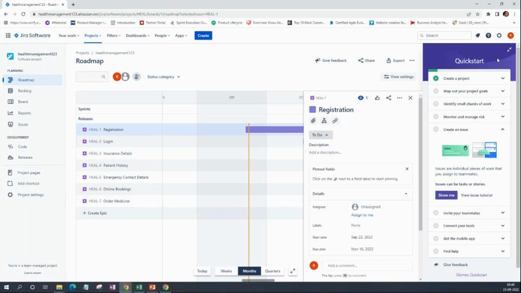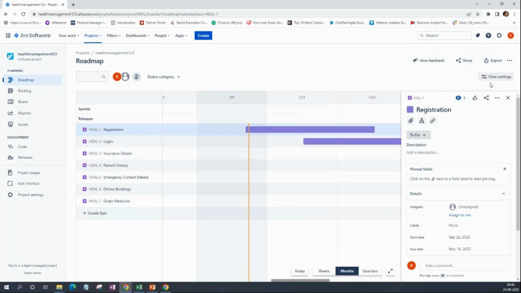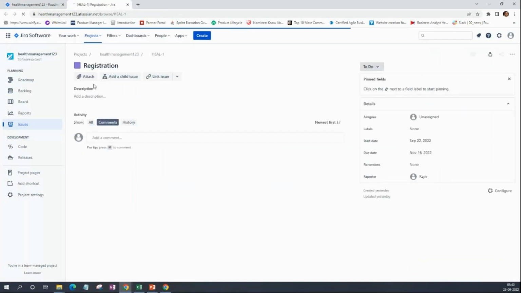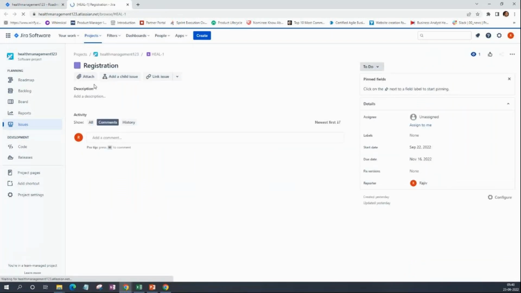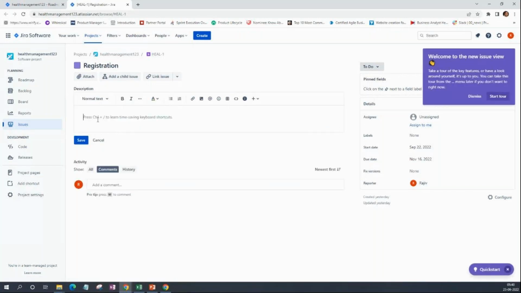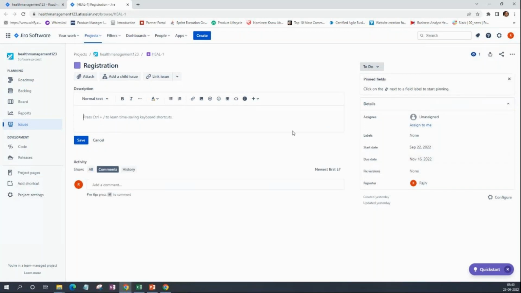What I'll do is I'll just minimize this, and this I'll open in a new window. Okay. Now, registration. Remember when we were discussing the theory, I told you there is no specific format for epic writing, right? So we'll put it like this: